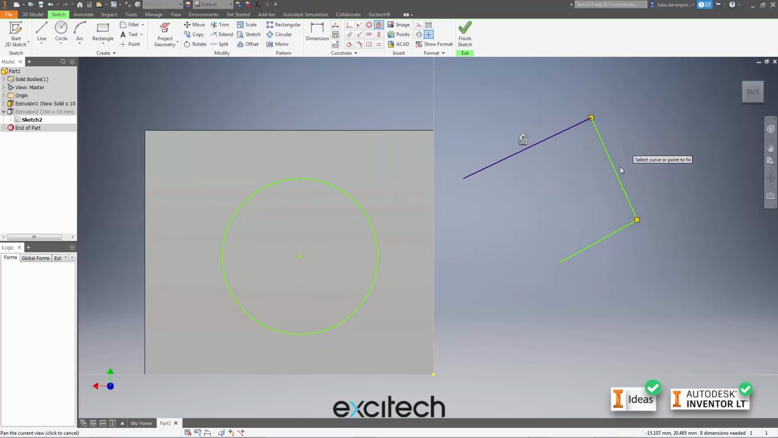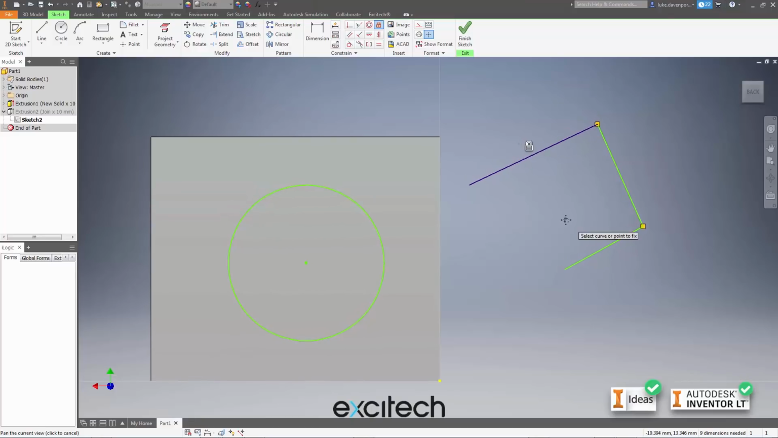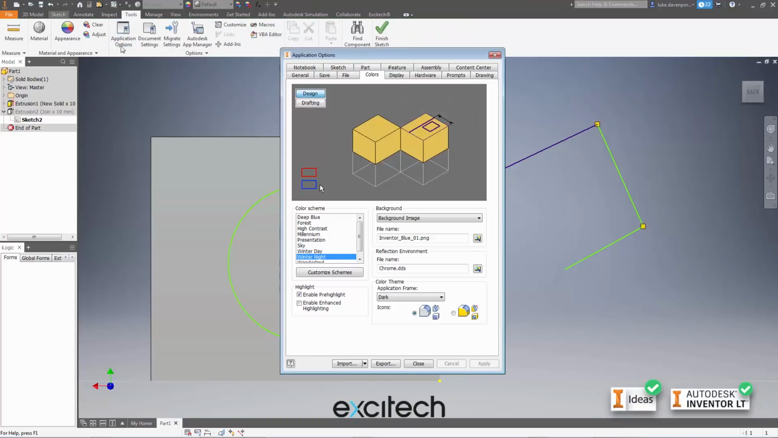If I want to make changes to this, perhaps because of color blindness or just general ease of use, this is now possible by going outside the standard range of color settings that normally ship with Inventor. So if I go to Tools, Application Options and go into the Colors tab, these are your traditional color schemes, but you can edit them now. So I can hit Customize Schemes,